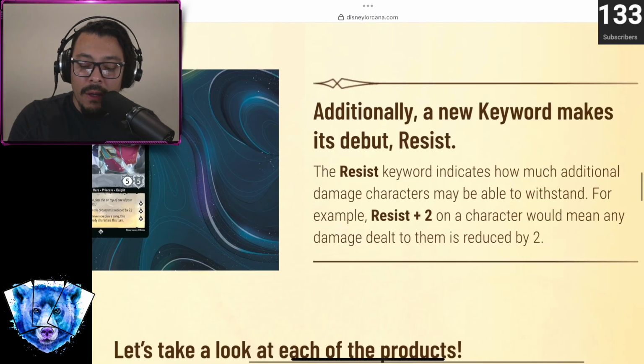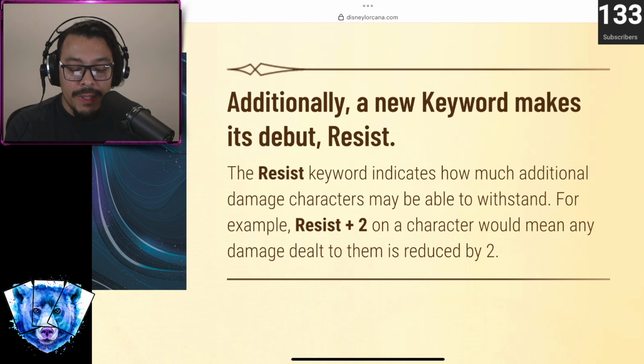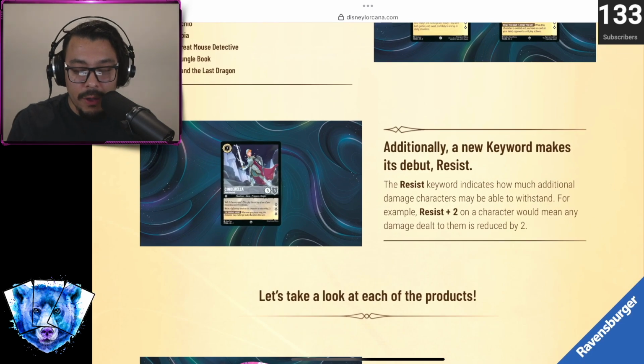Another gameplay keyword they have is resist. The resist keyword indicates how much additional damage characters may be able to withstand. For example, resist +2 on a character would mean any damage dealt to them is reduced by 2. So you're going to have sturdier, hardier characters, which is really nice against things like Fire the Cannons, where it says do 2 damage, and all of a sudden your guy dies. You'll be protected from things like this, smaller creatures,